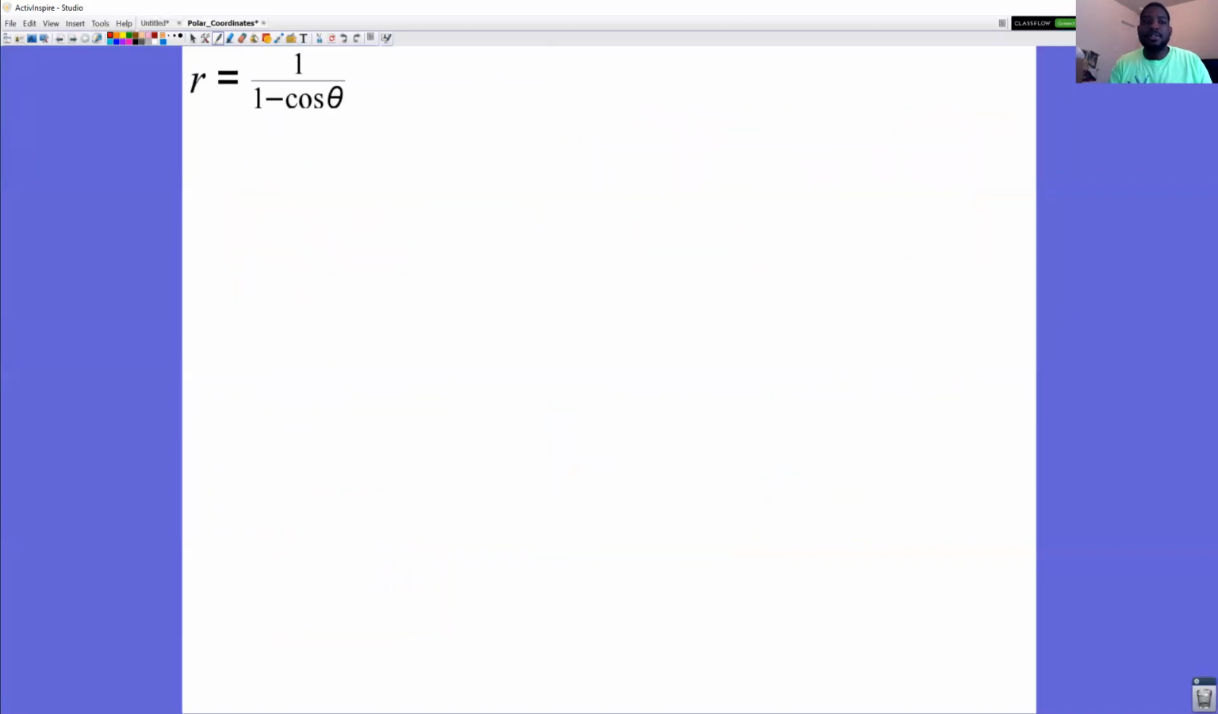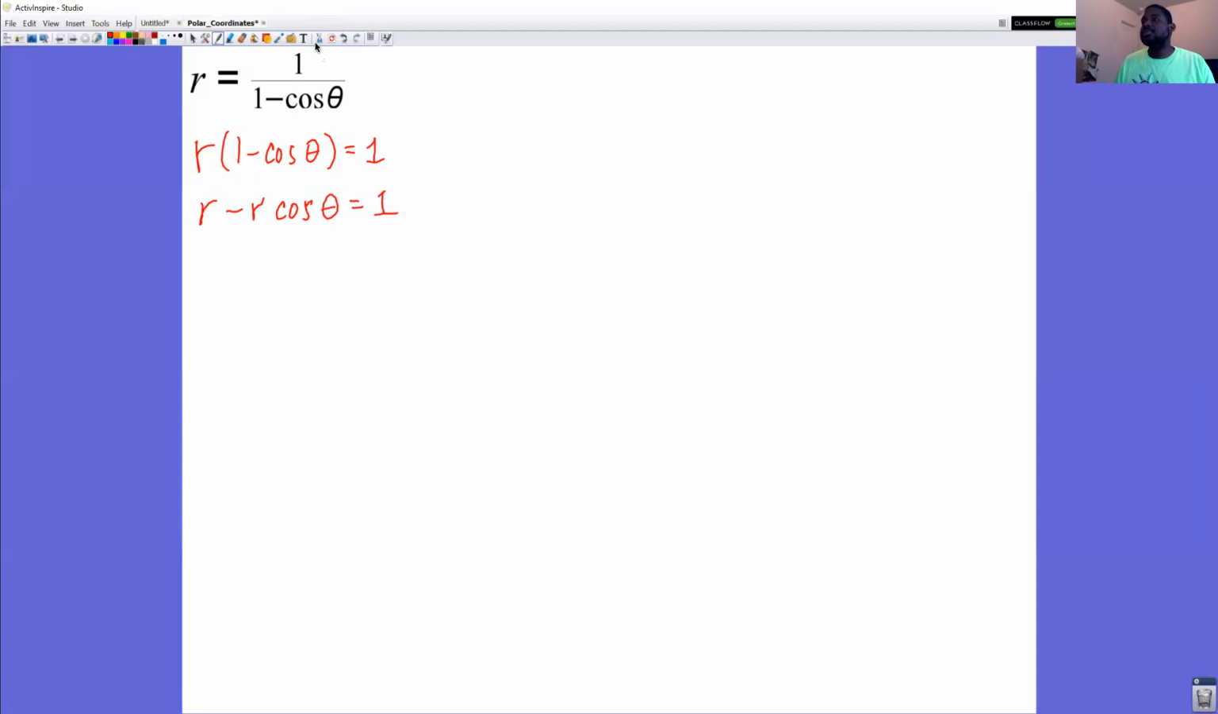Let's move on to our next problem, which is a fraction. So we have r equals 1 over 1 minus cosine theta. What I'm going to do first is multiply both sides of the equation by 1 minus cosine theta. So if you do that, you get r times 1 minus cosine theta equals 1. Now we're going to distribute the r. So r minus r cosine theta